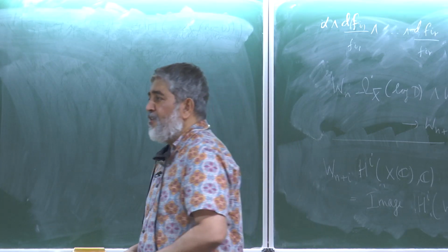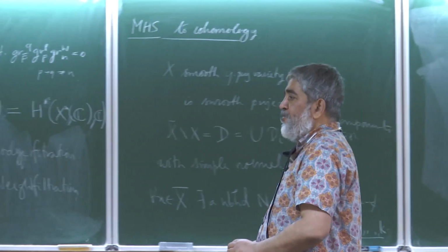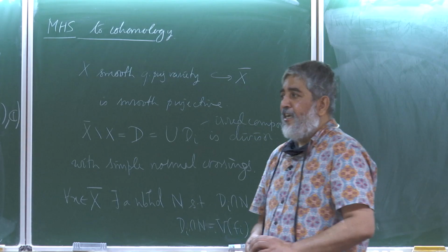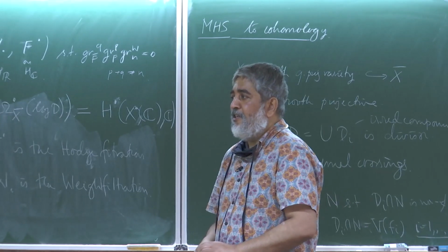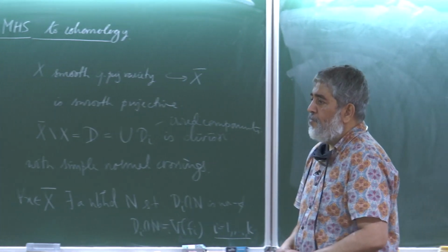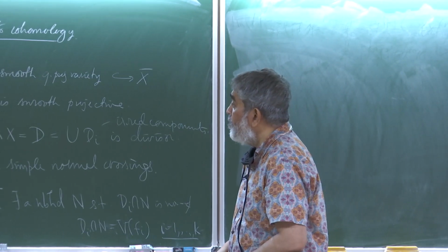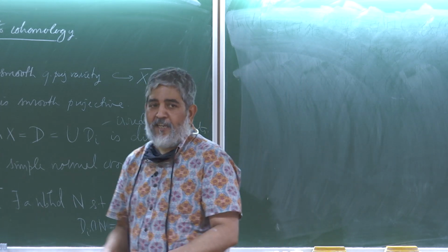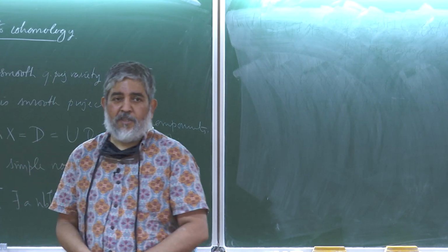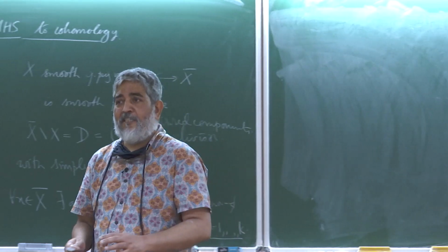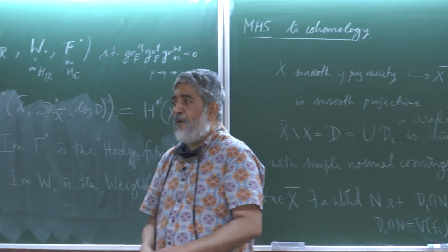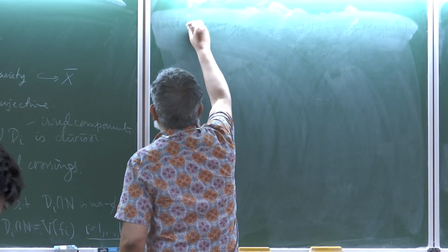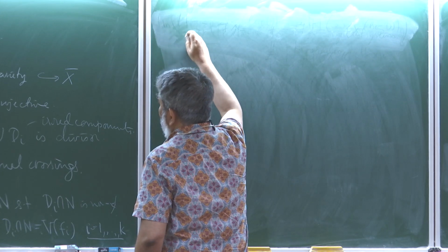Okay, because we are doing everything with complex coefficients because we are working with varieties over complex numbers, but we will have to prove and choose everything correctly so that it is actually defined over R. But the real structure is obvious from the right hand side. After all, the cohomology has a real structure, even rational or integral cohomology. So the cohomology itself has a natural structure. The question is, is this filtration compatible with that?